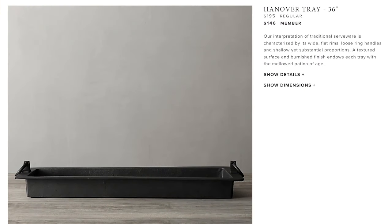I've been wanting to change up my tablescape, so I decided to go with this tray from Restoration Hardware with the moss filling. They had several different types of troughs and trays at Restoration Hardware. This Hanover tray is about the same dimensions as a gold tray that I already have. It's 36 by 14 by 3 inches. Just the tray without any filling is